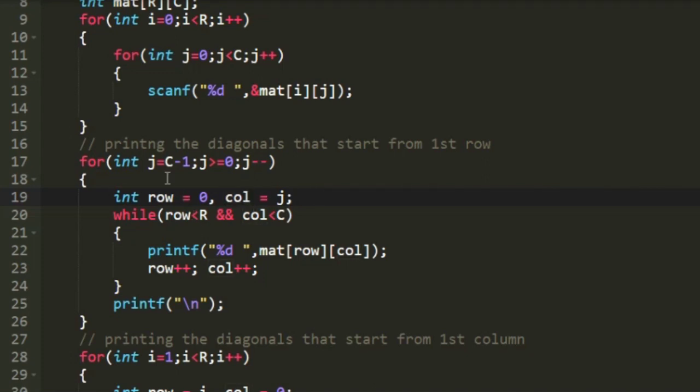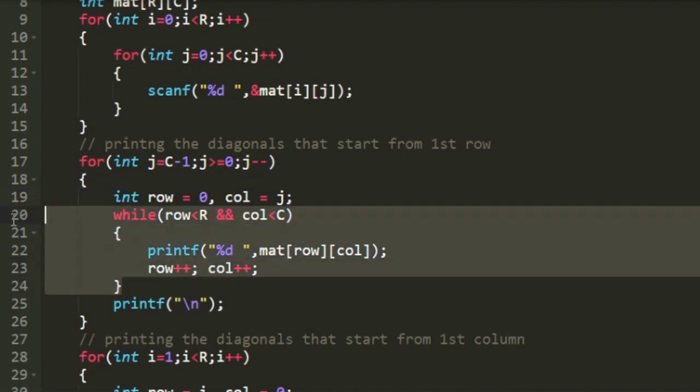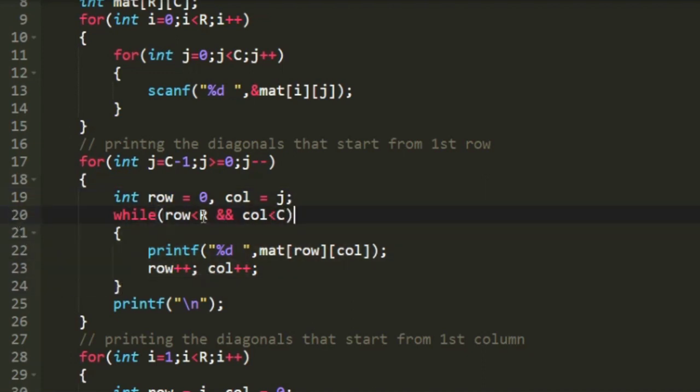After storing the values of row and column, I am creating a while loop. This while loop iterates until the value of row is less than r and column is less than c. In every iteration of this while loop, we will be incrementing the value of both row and column, because the next diagonal element will be present at the next row, next column.